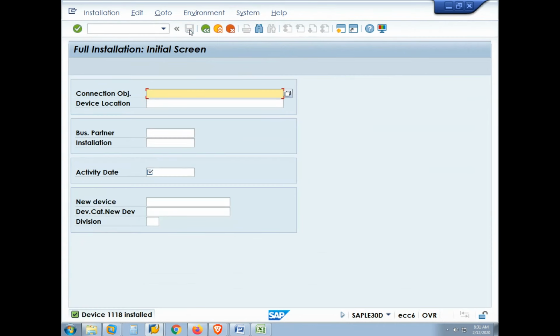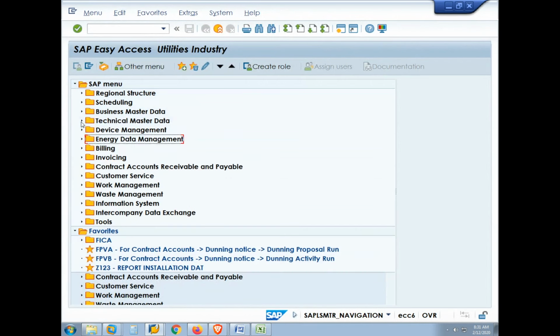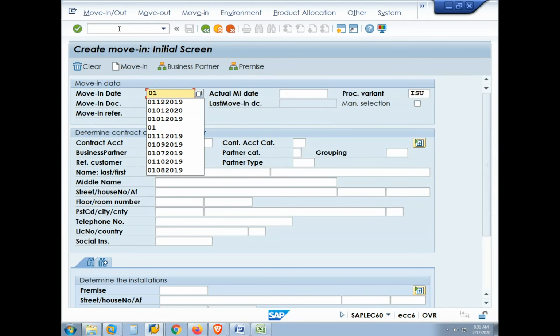Now for this particular installation, we will do a move-in. A contract should be created. So go to EC50E. Move-in date is going to be 01. You can take any number of days. It can be 1st of January or even 1st of 2020. But why I'm taking 1st of January? Just to show you how the integral profile value is taken into consideration. The logic is the same, for any particular date you do move-in, or for any month you are doing the meter reading. So for understanding, I'm doing it as